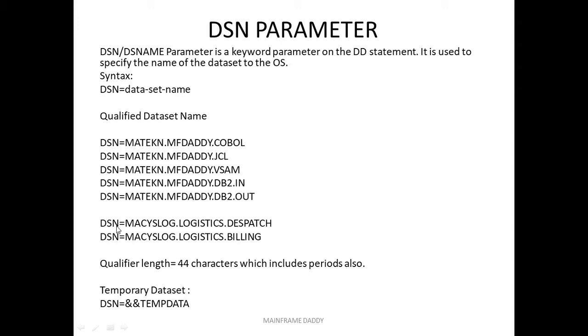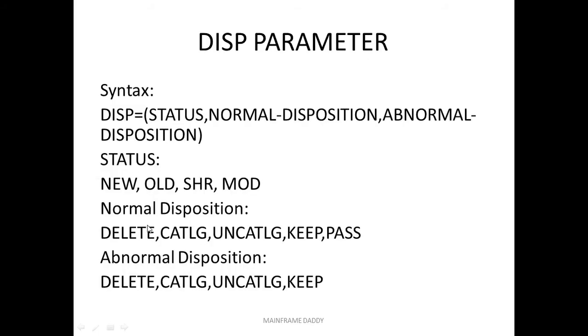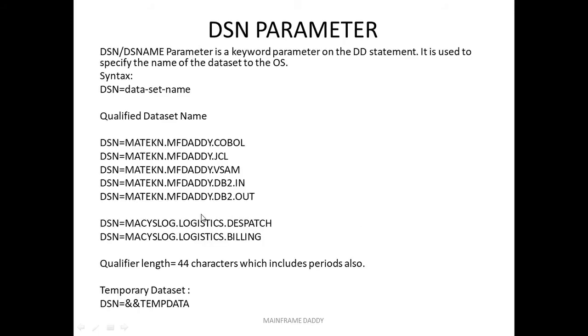And this is one real-time example: Macys.log.logistics.dispatch. Logistics is one department and dispatch is a team within it. Similarly Macys.log.logistics.billing. Macy's is a departmental store in the US, and this is the project name, and these are subgroup names, the dispatch team and the billing team. So naming conventions may be like this, with the first qualifier, second qualifier and third qualifier, and the name length can be up to